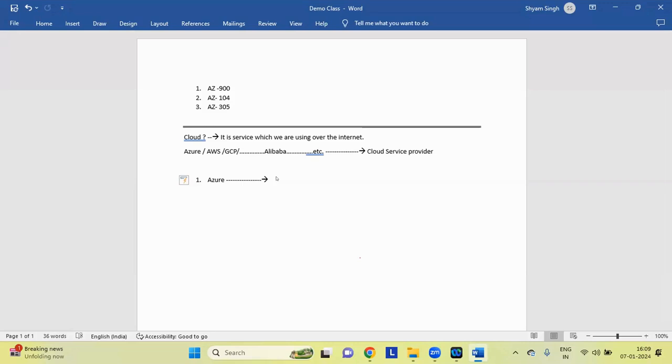And the best part of Microsoft, or basically Azure, is that the cost is low. That is the reason almost all the MNCs are using Azure Cloud. Whether partially or majorly, nowadays everyone is shifting towards Azure. Second thing is, it is easy to learn.